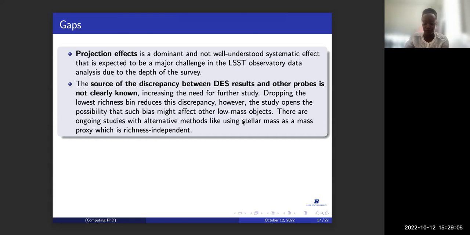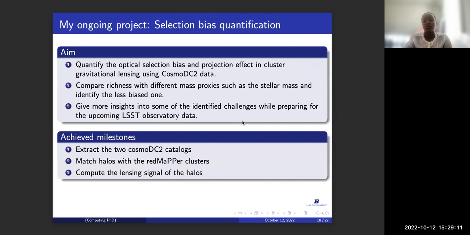So in trying to offer more insight on these gaps, what I'm currently working on is trying to quantify the selection bias, which is related to the projection effect. The fact that redMaPPer is selecting clusters along the line of sight leads to a projection effect systematic. So the main aim of what I'm currently doing is to quantify the optical selection and projection effect